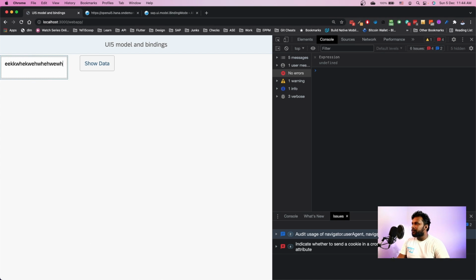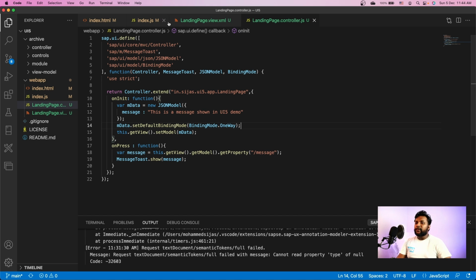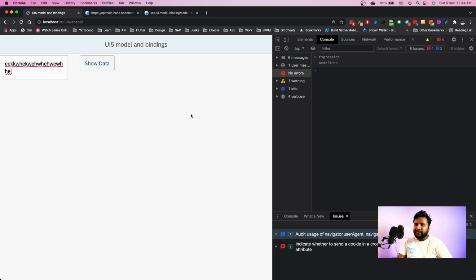What if I change something here? You can see that it still shows the old message. That is because whatever changes you're making in the view are not being reflected in the model, because we have explicitly set the model binding mode as one way. That means it only works in one way.